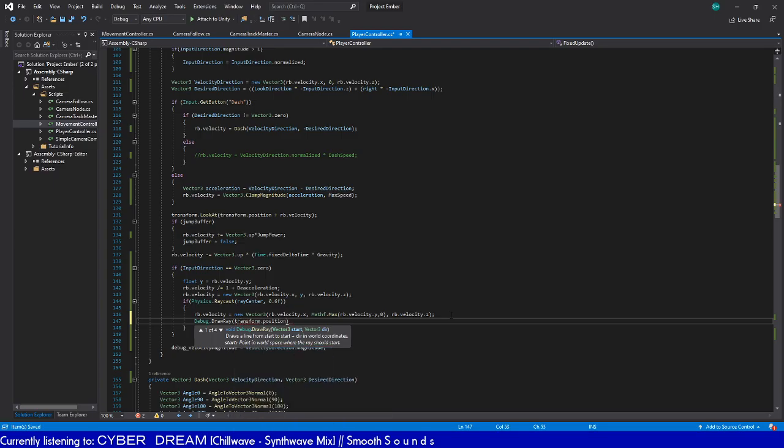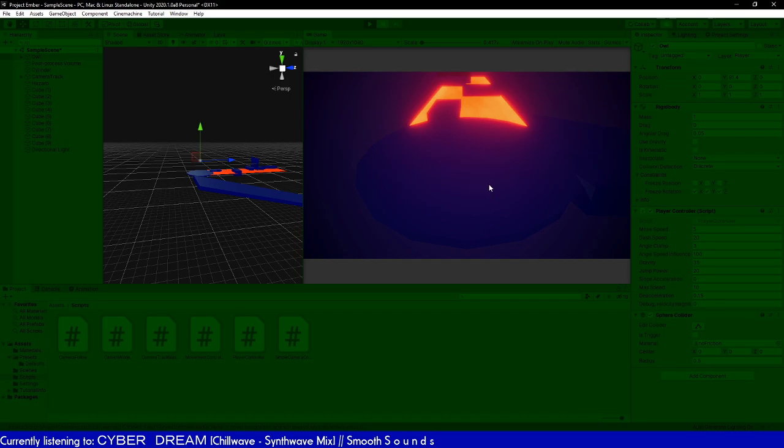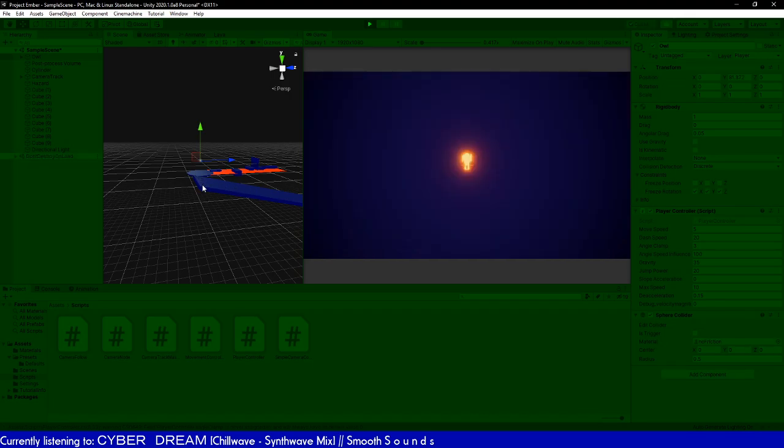From transform position, Vector3.down, color is going to be magenta with a duration. Oh, okay. So I just need to multiply this by 0.6f, and that should mimic this ray. And it should do it if it touches the ground. So if we see magenta and I'm not on the ground,